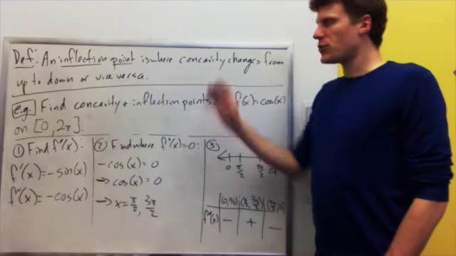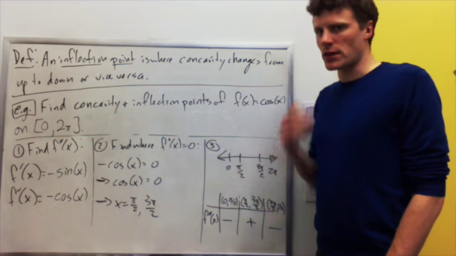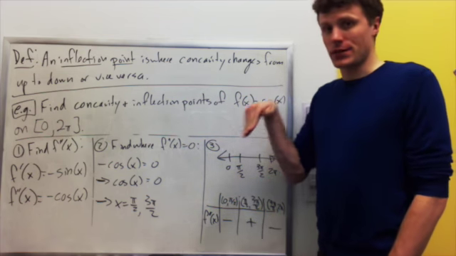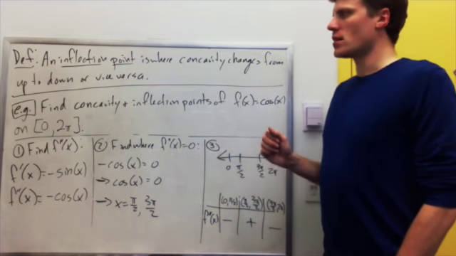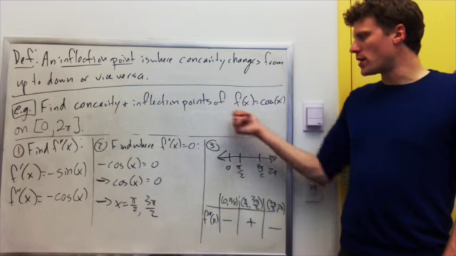Okay, one more definition. An inflection point is where the concavity changes from up to down or vice versa. So that's where actually a curve doesn't really have concavity. It's almost sort of really flat at that point, but to one side it curves down, the other side it curves up. Okay, so as an example, let's find the concavity and the inflection points of f of x equal